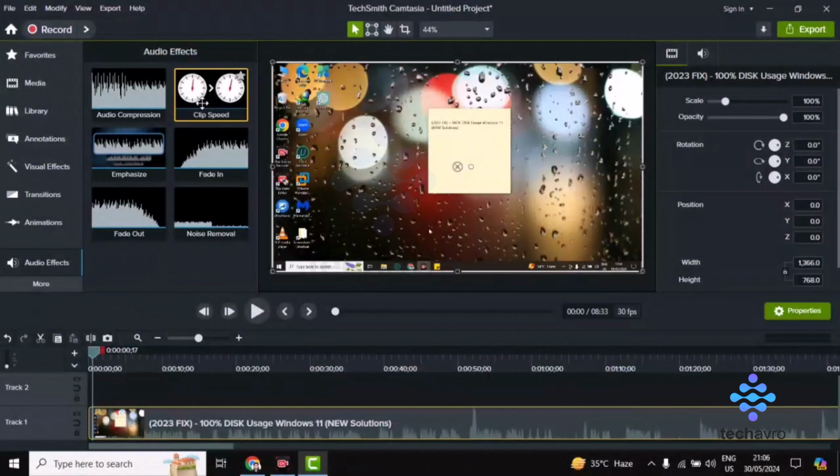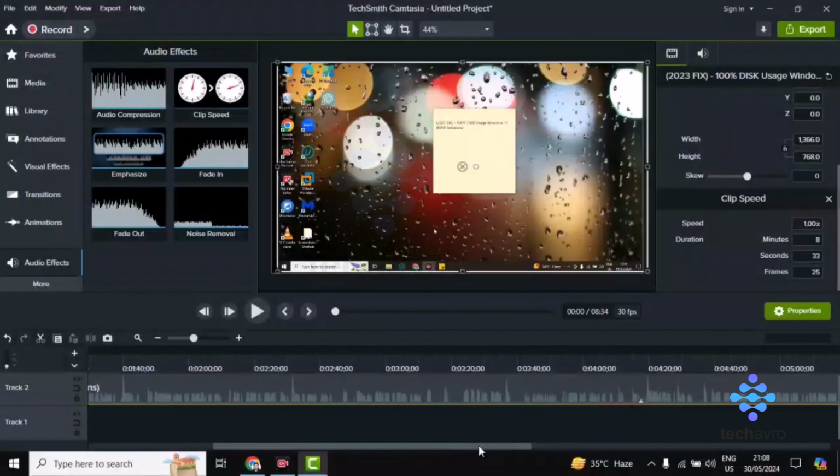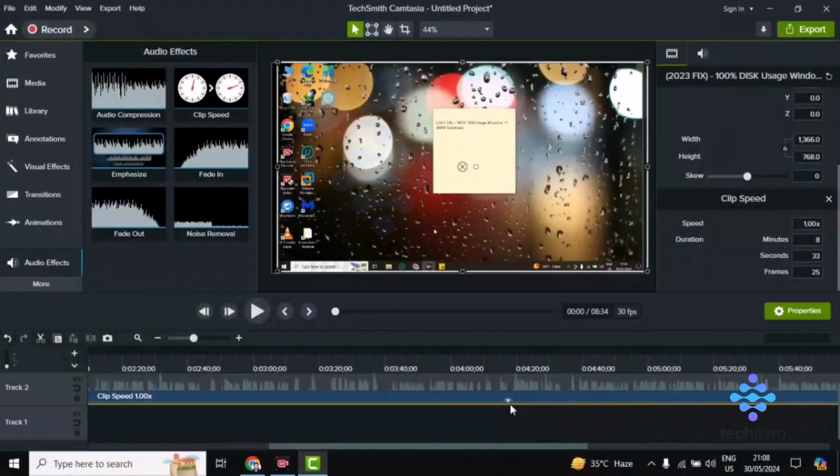Okay, this one. You have to just drag and drop it onto the timeline, and you can see the effect is added. Alright, so on the left-hand side you can do it. Now you just have to scroll with the mouse, and you'll find this arrow option, Show Effects. Click on Show Effects, and you'll find this Clip Speed